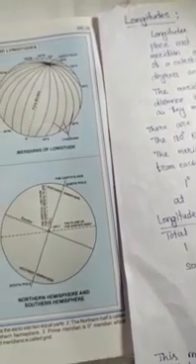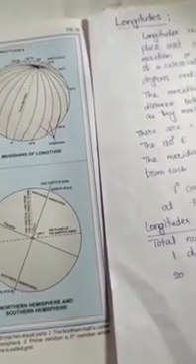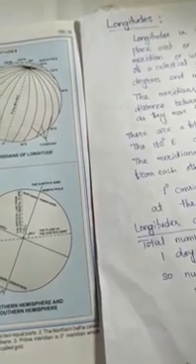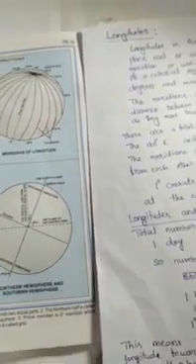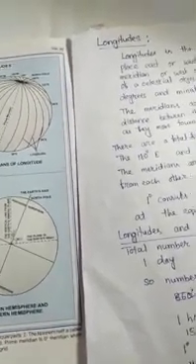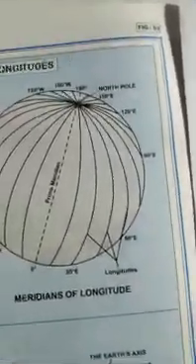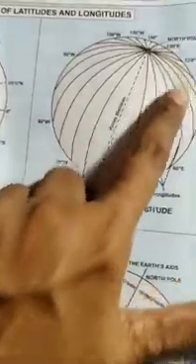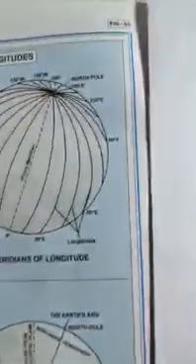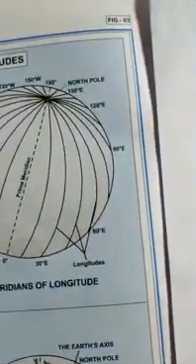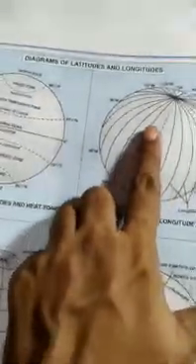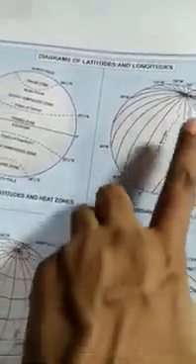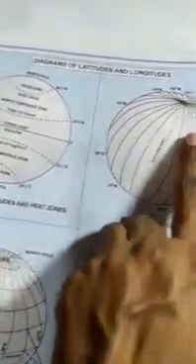So today, these are not enough, so we must find out how far east or west these places are from a given line of reference running from the North Pole to the South Pole. These reference lines are called the meridians of longitude. Each degree, and these lines are called, again you listen, longitude lines.